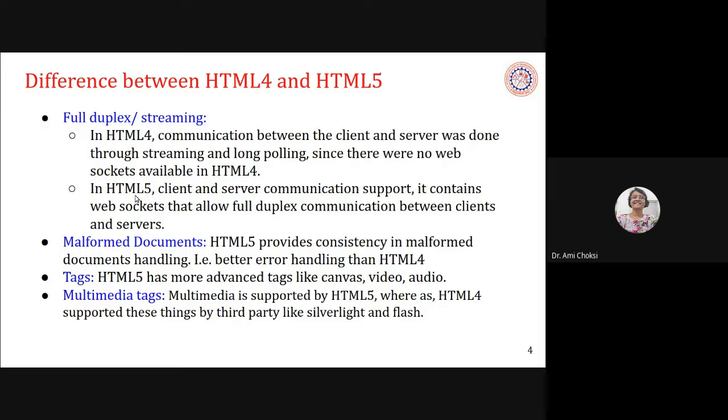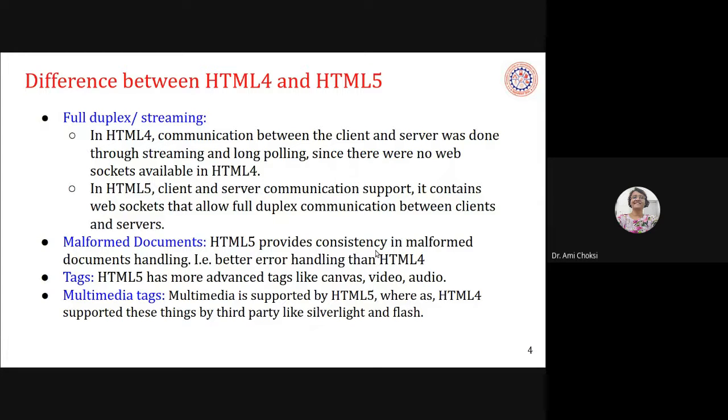In HTML5, client and server communication support contains WebSockets that allow full duplex communication between clients and servers, right? So the first difference is that HTML5 has full duplex as well as WebSockets, right?